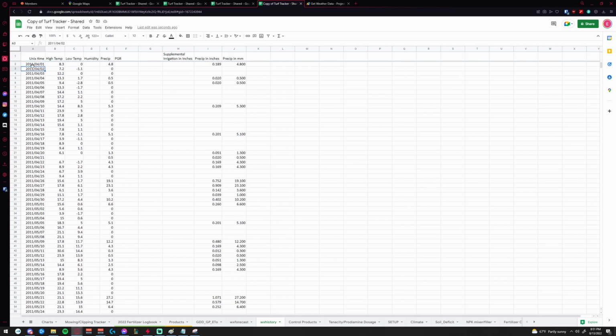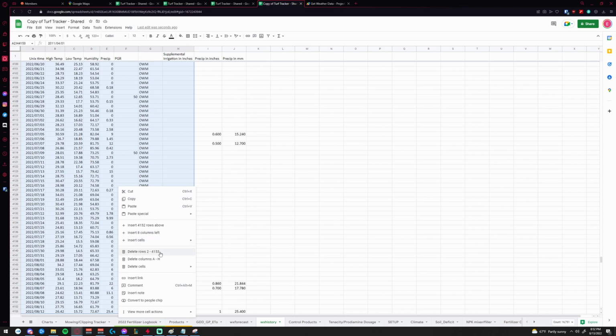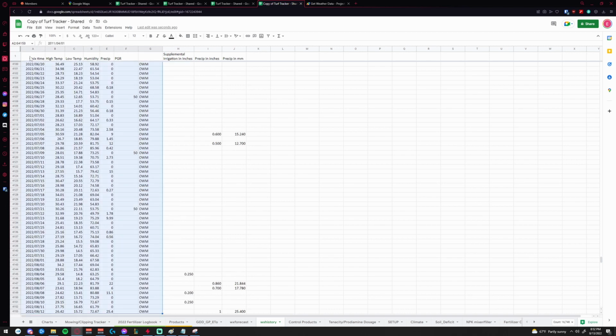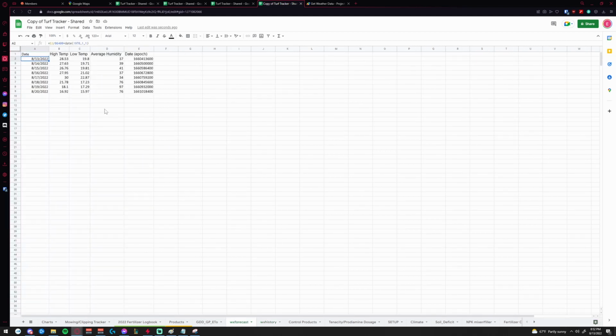For now, we want to delete out all of my data, so we can copy all of this and do Shift Control down, then either right click and delete, or you can use the delete key. Same thing for weather forecast. You can delete these and just leave the dates. Now all your fresh data is set to populate those two tabs, which will then also flow into the GDD